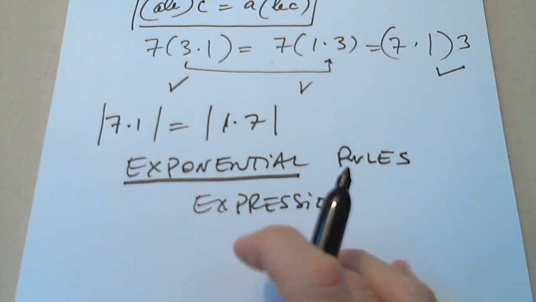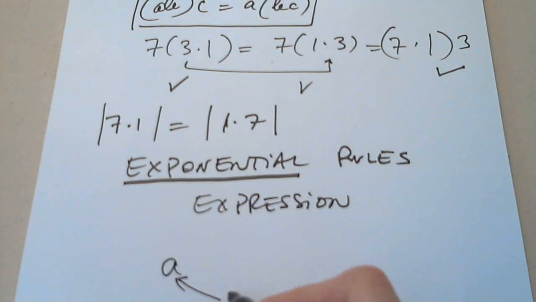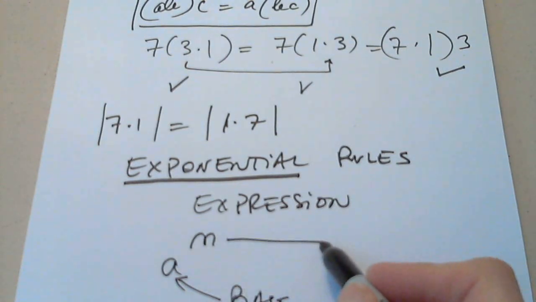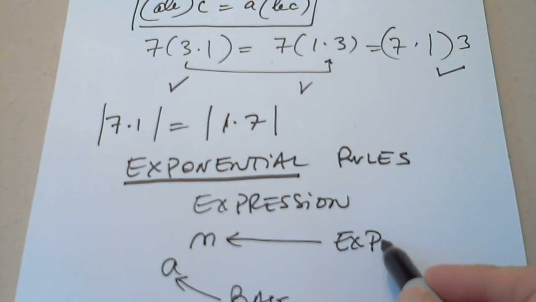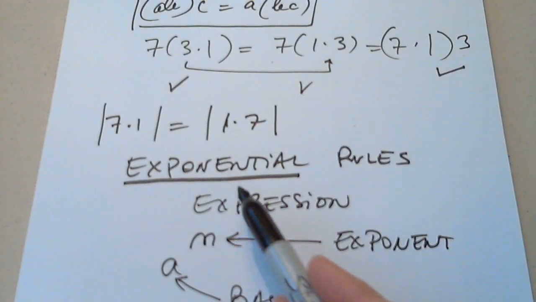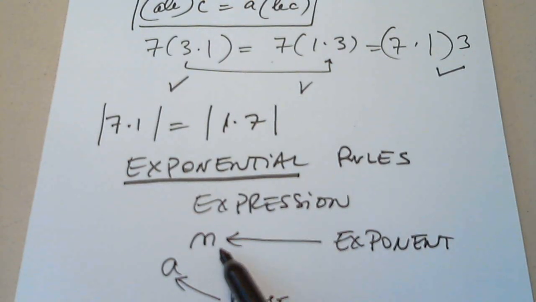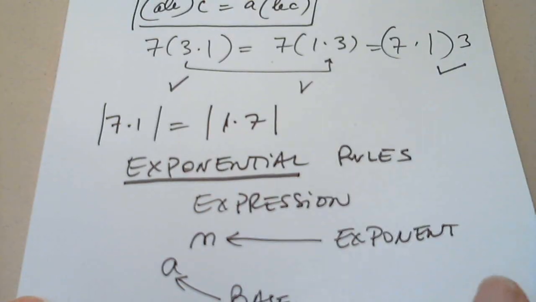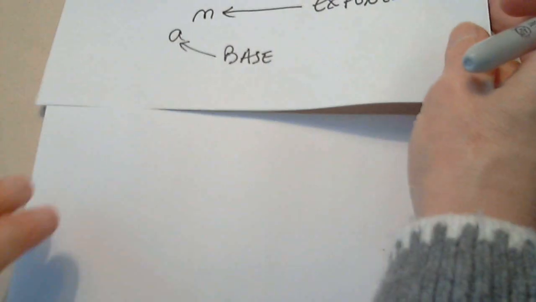An exponential expression has a base and it has an exponent. This is what it's called, an exponential expression, or you can also call it the exponential notation. Okay, let me give you a few examples so you understand what this notation means. So for example,